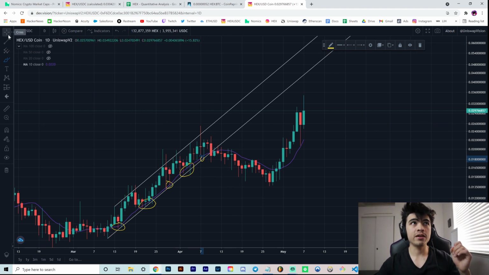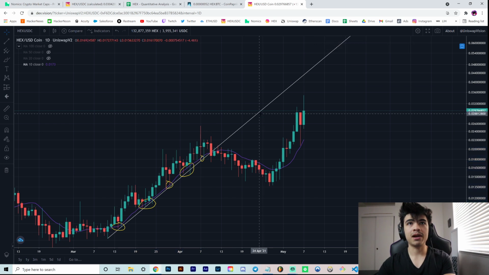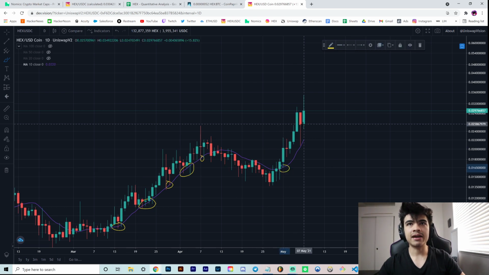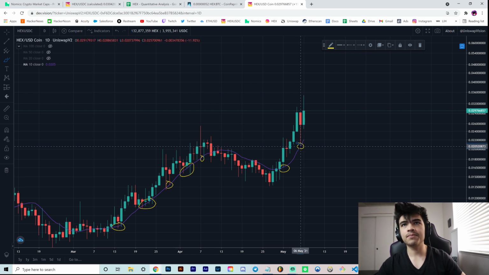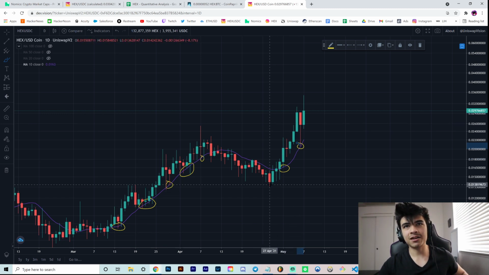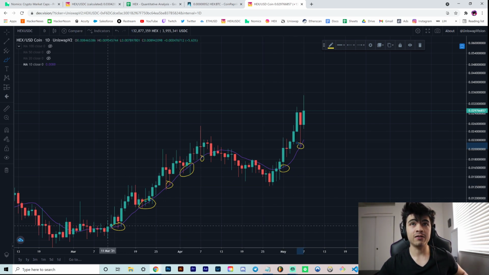So if we get rid of our parallel channel, just to make this chart a bit cleaner, you can see that the initial break was over here. And we already had our first test of it. You could call it this. It didn't wick down exactly to it, right? The wick was down at 207, and this moving average was about 205, but more or less it wicked down to it. And notice how the angle of attack for this rally that we've been in for the past week, a little over a week, is way, way, way steeper than the angle of attack of this one,